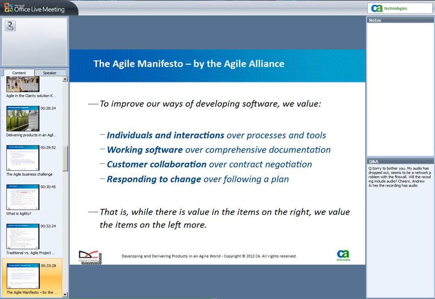The other part of this is that we derive value, working software, something that's of value to the organization over comprehensive documentation. That doesn't mean you don't document in an Agile project. You just don't go overboard and document every piece to the detriment of having something that's valuable to the end customer. Also, collaboration is very key to this. It's the essence of teamwork that's involved with an Agile project, where everybody from the customer to the developer to the business analyst are all considered part of an overall team,